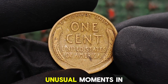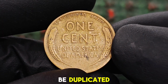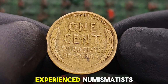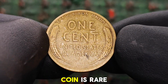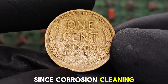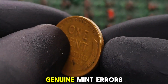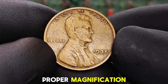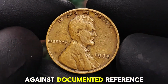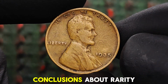they represent unusual moments in the production process that cannot easily be duplicated. Even so, experienced numismatists caution against assuming every imperfect-looking coin is rare, since corrosion, cleaning, environmental damage, and post-mint alterations frequently imitate genuine mint errors. Careful examination under proper magnification, combined with comparison against documented reference varieties, remains the safest approach before reaching conclusions about